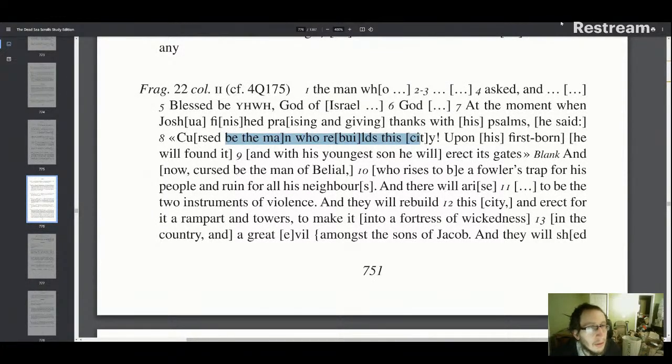Let me look that up. What chapter was that? Yeah, so let me share the screen. That is from chapter 6 of Joshua. And you can see already, just from that one fragment, that it was a significantly longer portion than what we have in our copies. So we take a look right here.